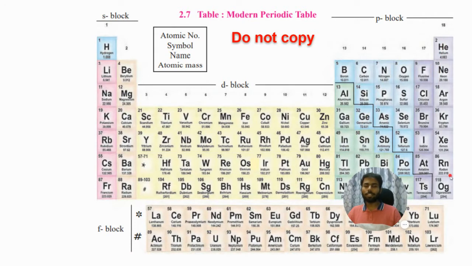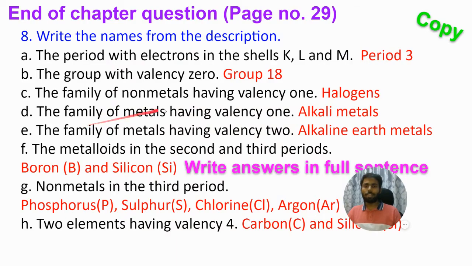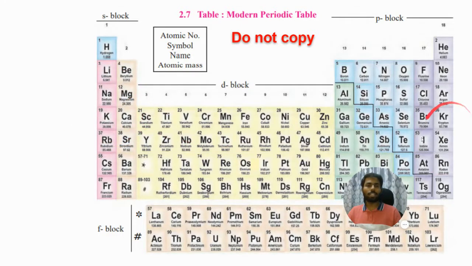Group number 18 has valency 0. Group number 17 has valency 1 and group number 1 also has valency equal to 1. But they've asked for a family of non-metals. So you know that on the left side you have metals and on the right side you have non-metals. So when they ask you to write the family of non-metals, it means you will take group number 17. And notice the name of group number 17, it has a special name. All the elements in group number 17 are also called